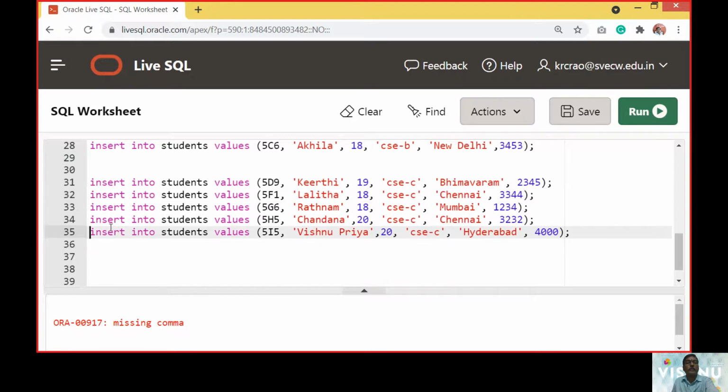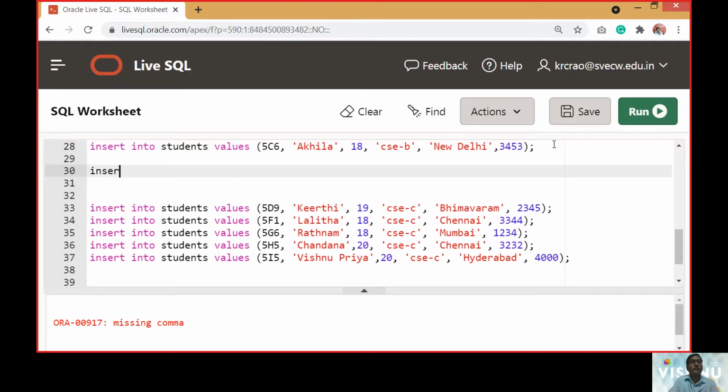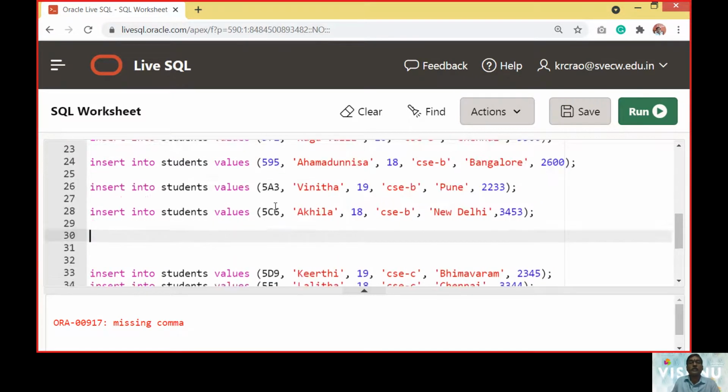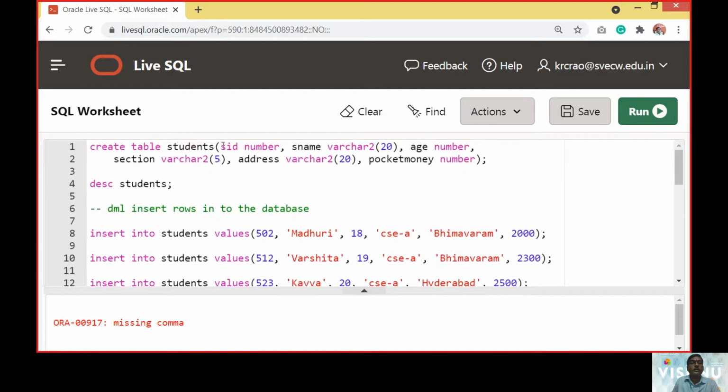We'll type this again: insert into students some values, 5D9. Yeah, I got it. So we are working with the character here. I was mentioning this number, right?